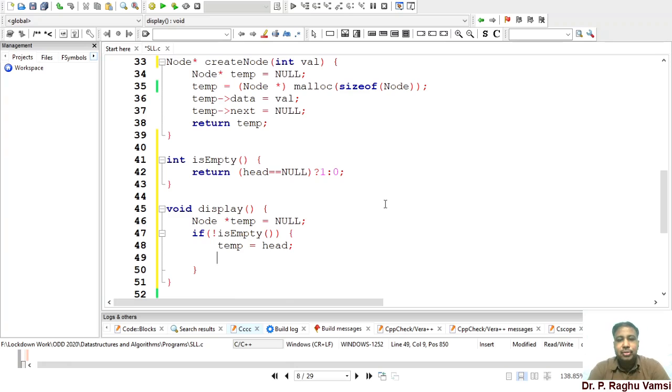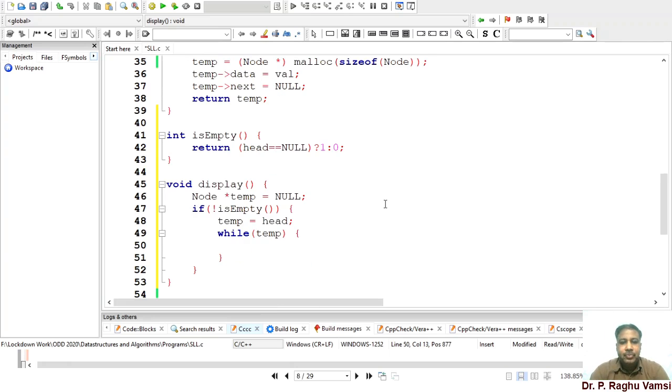Now you start traversing. While temp is not equal to null, that means if there exists some memory in temp, keep moving to the next node. While temp, printf %d, with an arrow mark in the output as an indication that it is a list. Then you have to print temp data.